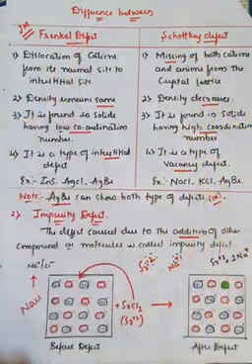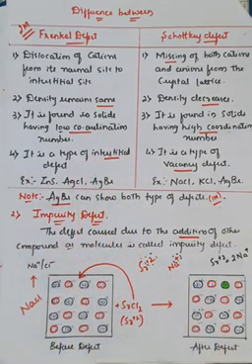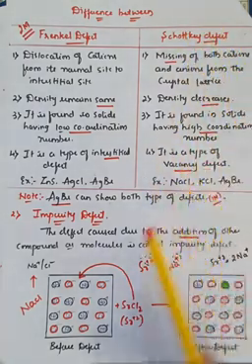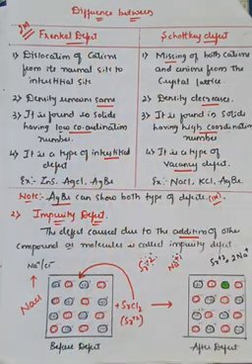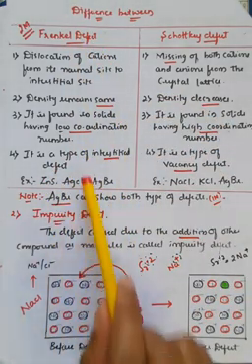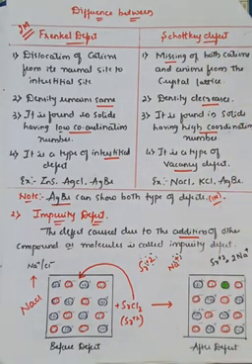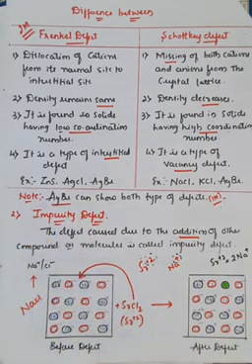And Frenkel defect can also be seen as an interstitial defect, right? So due to the shift, there is a dislocation. But in case of Schottky defect, it is generally called a vacancy defect. You can see examples in zinc sulfide, where Frenkel defect takes place, and Frenkel defect is also seen in silver chloride. The Schottky defect can be seen in sodium chloride and potassium chloride. And silver bromide is the only compound which has the ability to show both types of defect, Frenkel defect as well as Schottky defect.